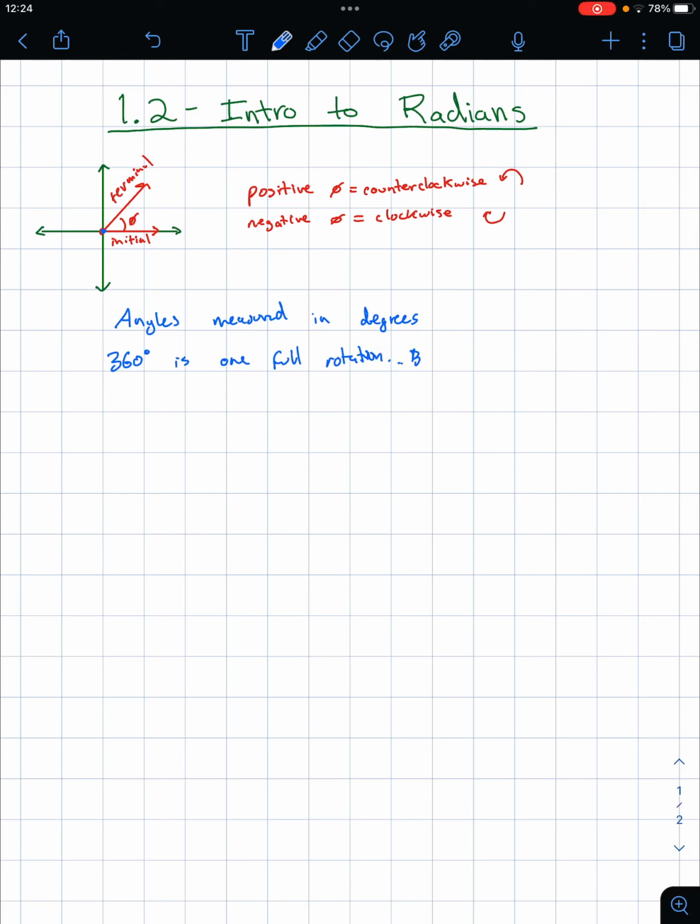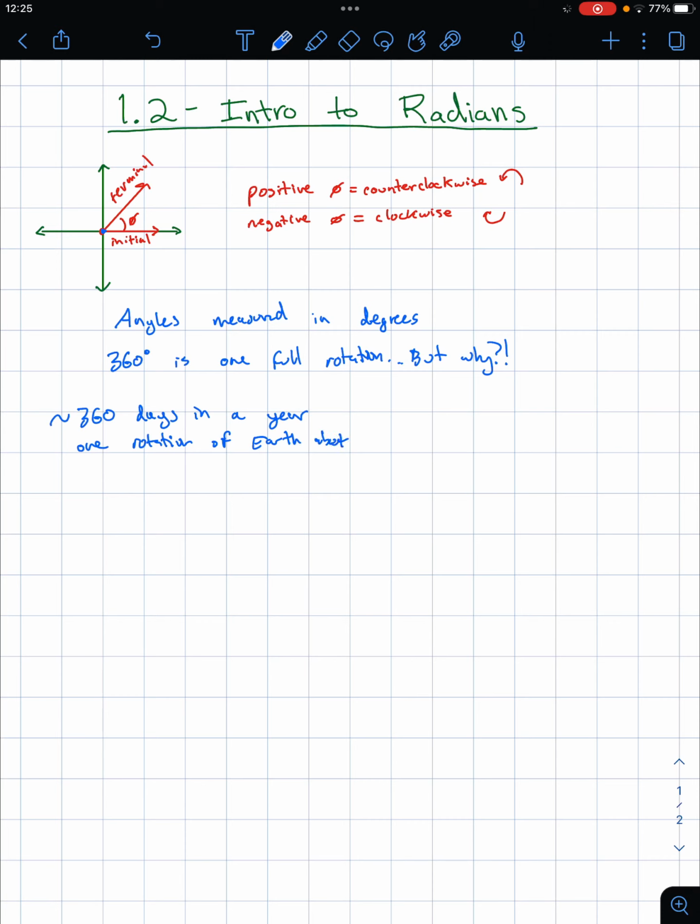But why? Well, if you go back to the ancient Babylonians, they studied the stars and noticed that about 360 days later, the stars ended up in the same relative position of the sky. We know that there are about 365 days in a year, so 360 is about the time that a year takes. So we could say there's approximately 360 days in a year, which is one rotation of the Earth